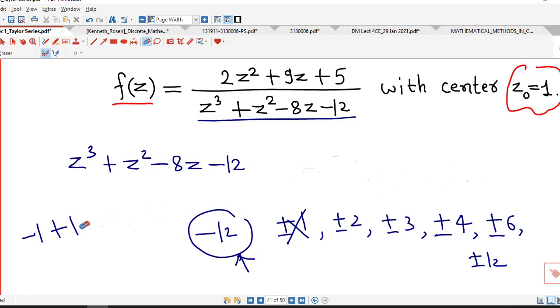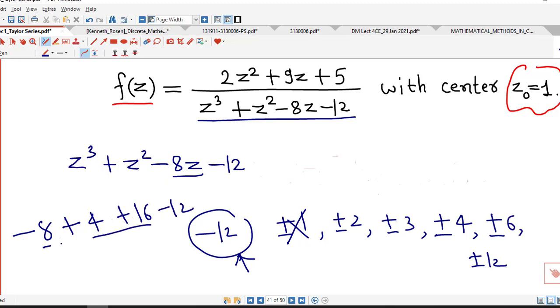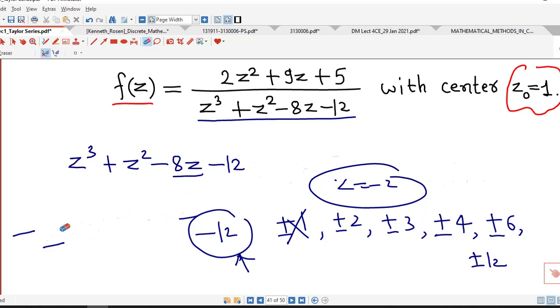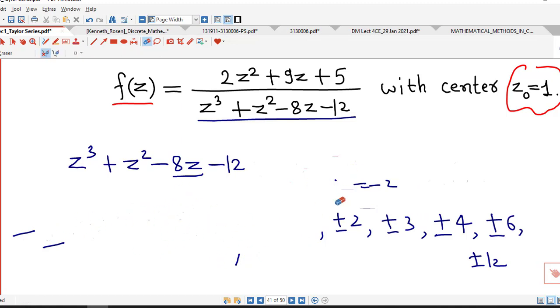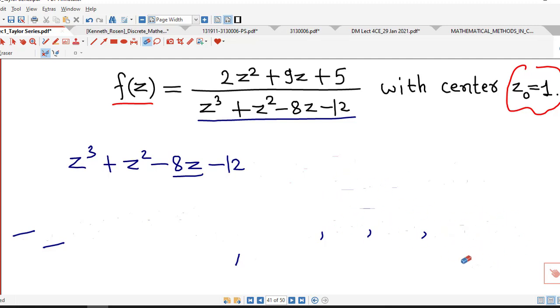So we try for, say, z equal to minus 2. So for z equal to minus 2, we have minus 8 plus 4. If I put minus 2 here, I will have minus 8 into minus 2, 16 minus 12. So you can see this is 20 and this is minus 20. So z equal to minus 2 is root of this polynomial. So we can find out two other roots by the method of synthetic division once we obtain the one root.